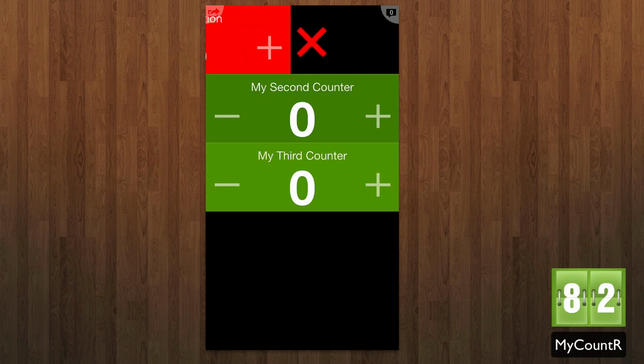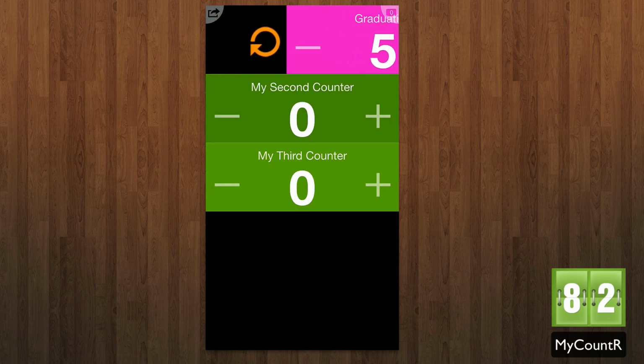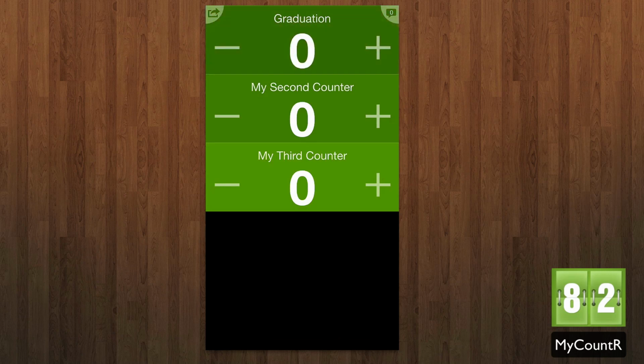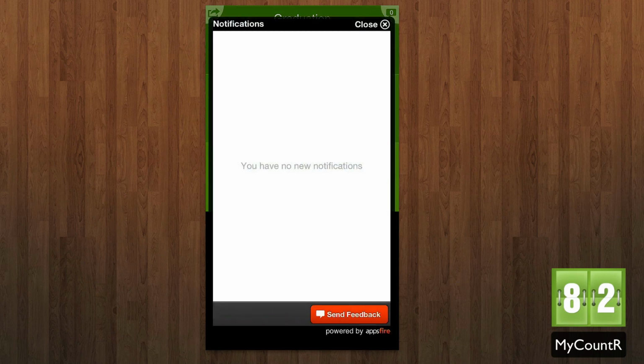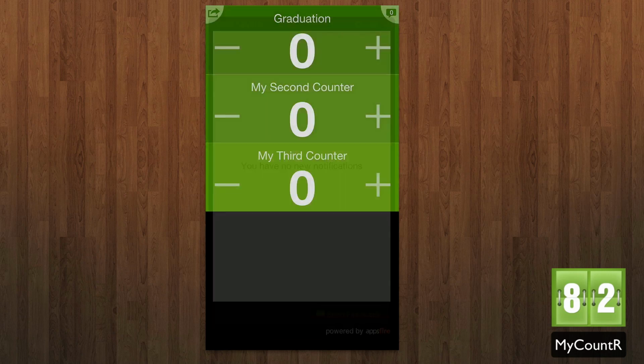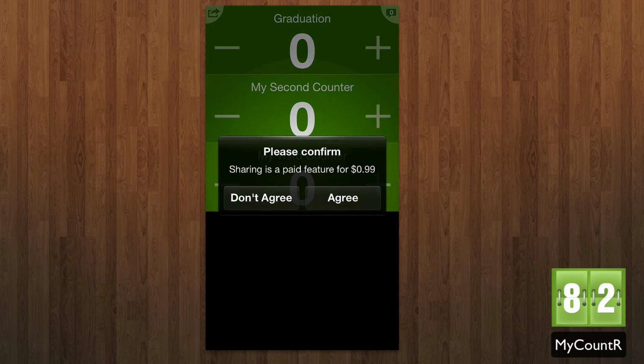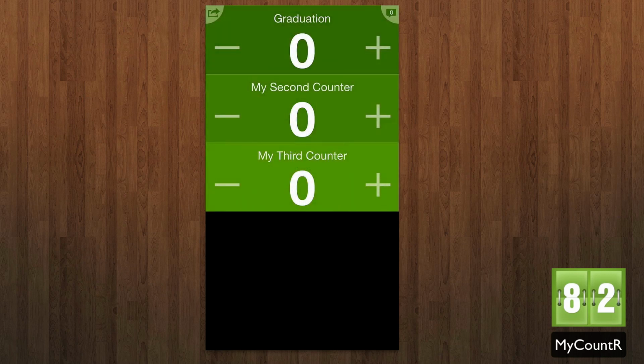Now I can swipe on them to delete them, like so. I can swipe the other way to reset its value, so I can set it back down to 0 here. In the top right, I can get notifications, so you can set up notifications easily. And in the top left, if you confirm, you can go through and get the in-app purchases. What this allows you to do is, for 99 cents, if you agree to get this in-app purchase, if you really enjoy the app, you can share counters by email